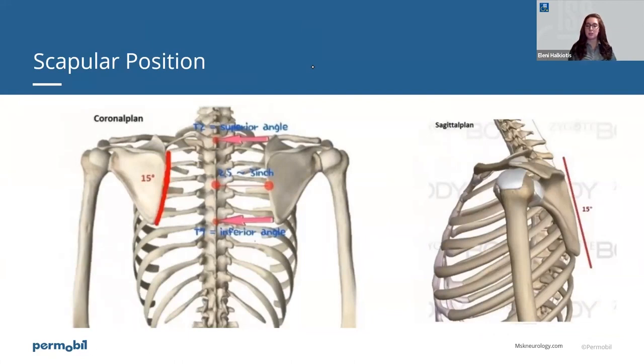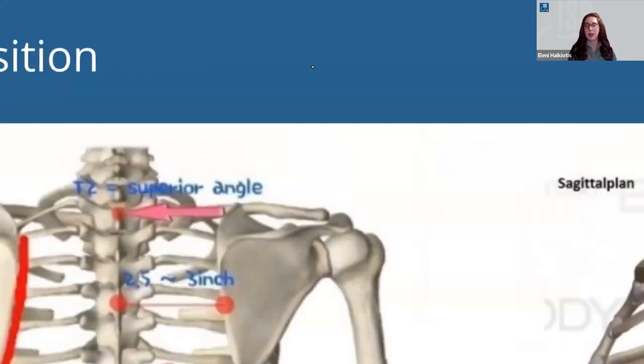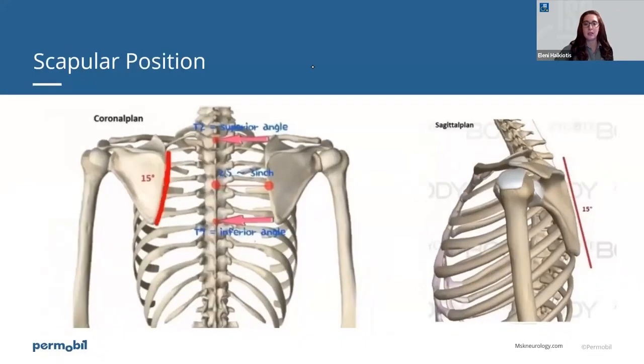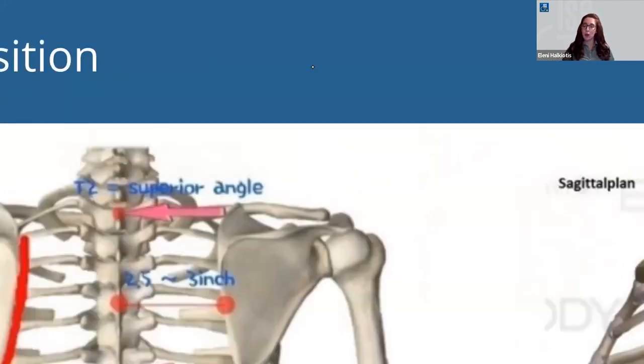The thoracic spine itself has a convex curve, which is between 20 and 40 degrees in the average person. And scholars argue that the scapulae lie at an anteriorly tilted angle between 5 and 15 degrees. And as the degree of kyphosis increases, for example, going from the normal thoracic kyphosis to a hyperkyphosis, so does the position of the scapulae laying over